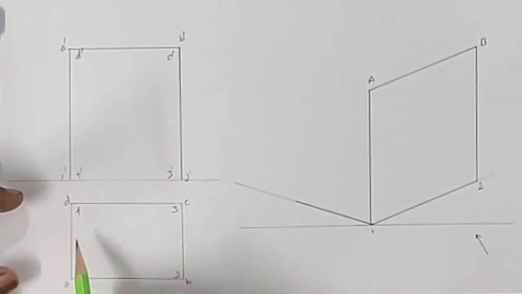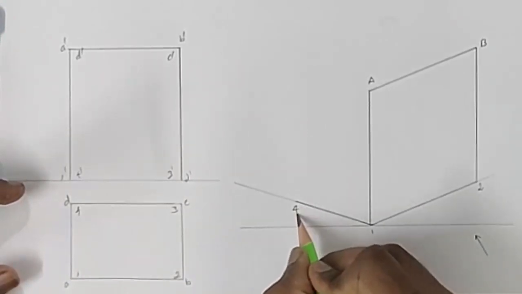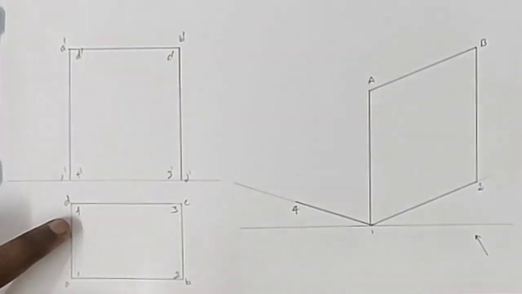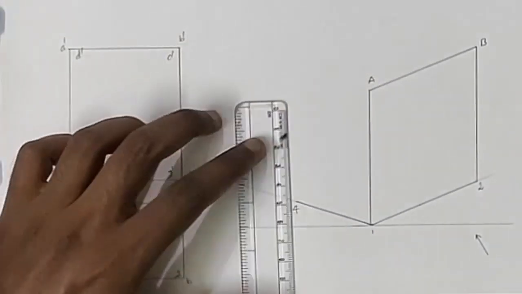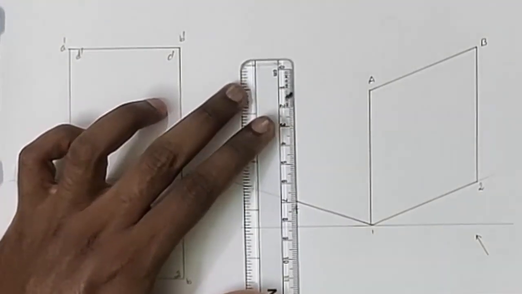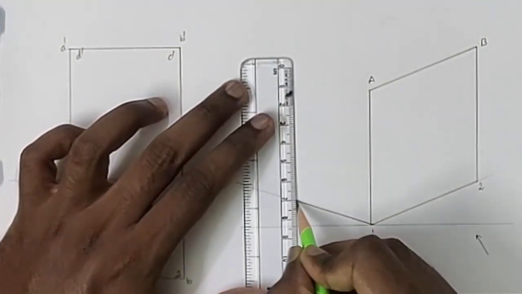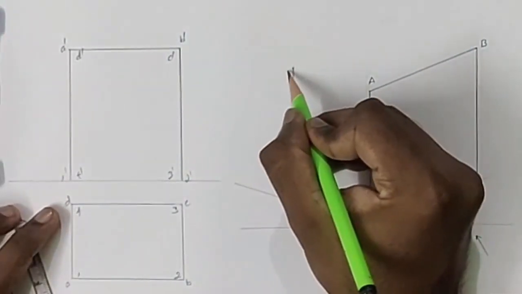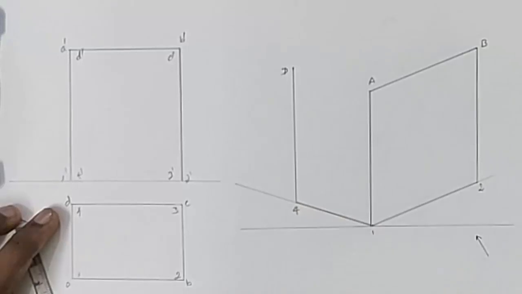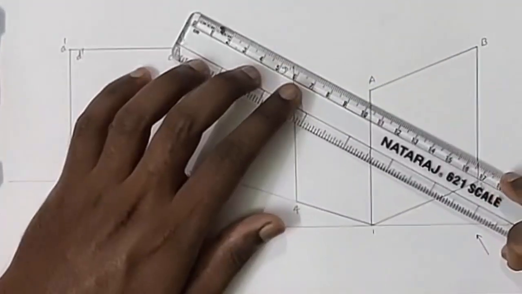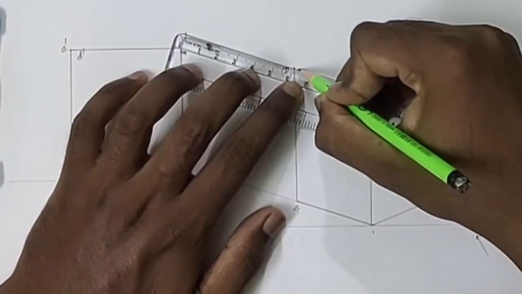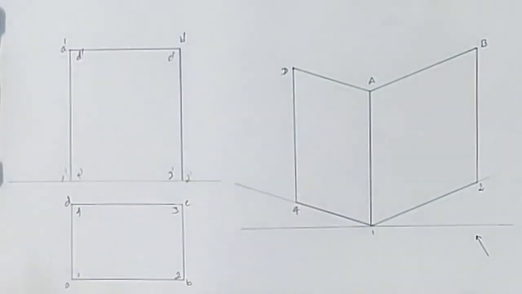Near the point 1, 4 is there. So this is the point 4. And I am extending that height to 70 mm. Over the point 4, point D is there. So if I extend that point to 70 mm height, I will get the point D above the 4. So this is point D. And now I am connecting this face. Okay, now I have drawn the front plane and the left side plane also.